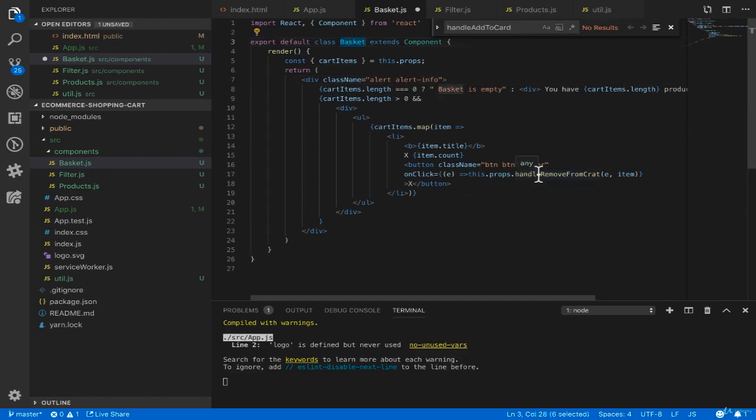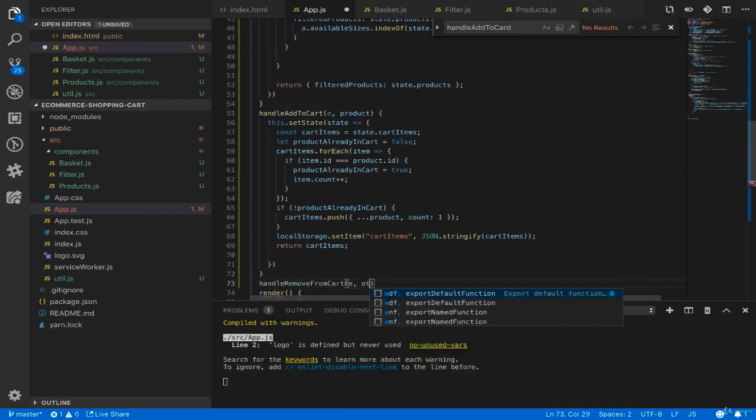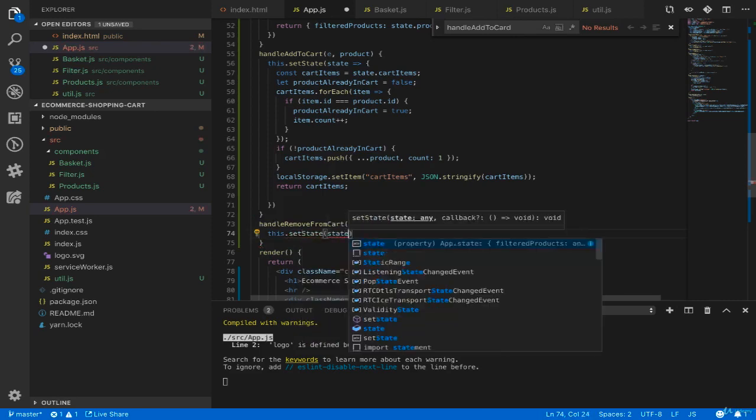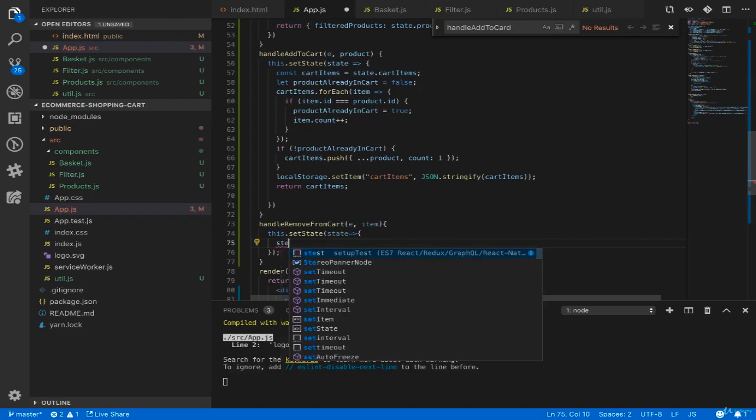So in the app.js, we need to implement handle remove from cart. Next to handle add to cart, we implement handle remove from cart. What we want to do in handle remove from cart is look for the cart items array and remove the specified item in the item argument. So use this.setState and state as argument, and there we check state